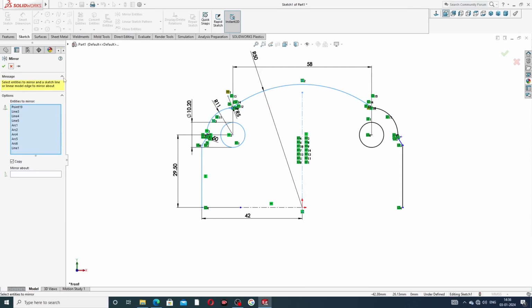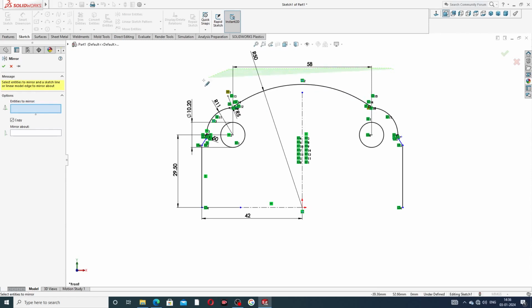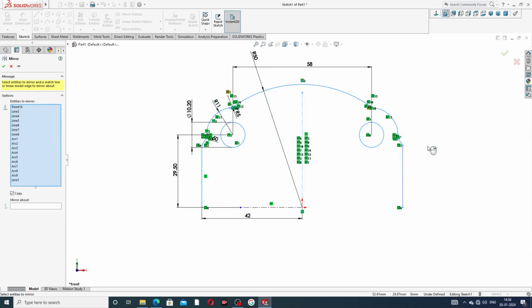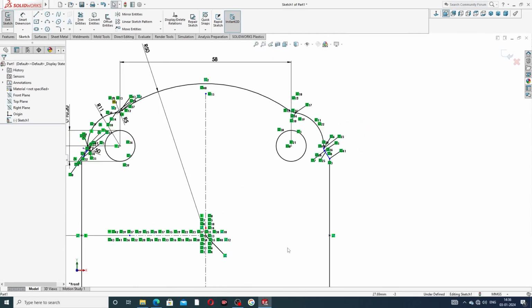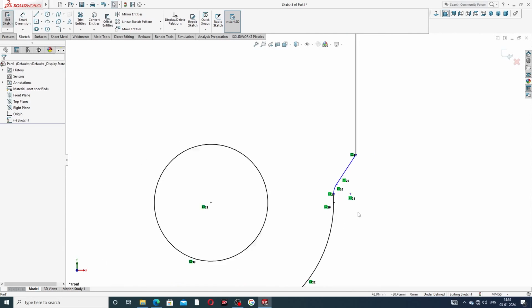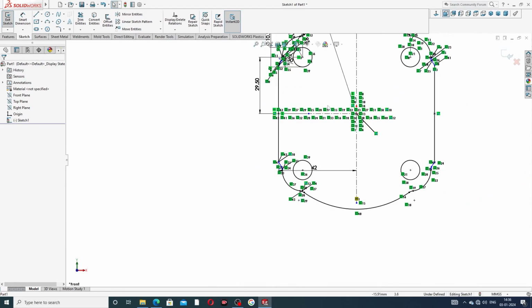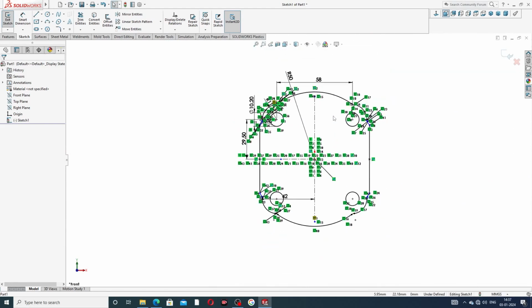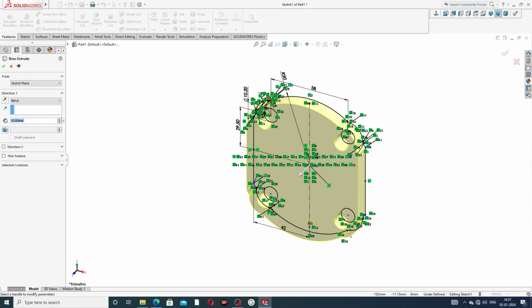Again, mirror about this, select this. About this horizontal line, and all is perfect. All is connected here, connected and perfect. All geometry lines look perfect and correct, and going to the extrude boss base, and this thickness